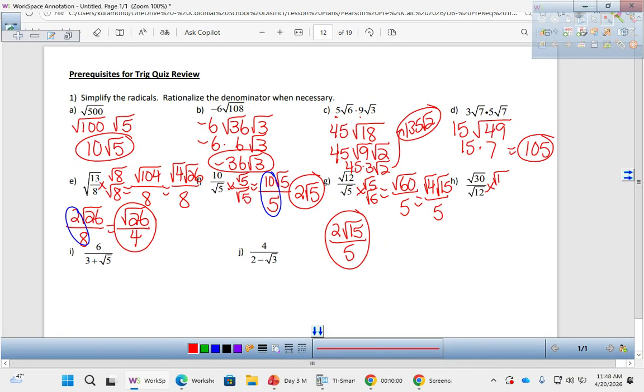Multiply the bottom and top by the square root of 12. 30 times 12 is the square root of 360. Root 12 times root 12 is root 144, or just 12. If I do 360 divided by x, and I look for the highest perfect square that goes into 360, I'm going down the list. I eventually hit 36